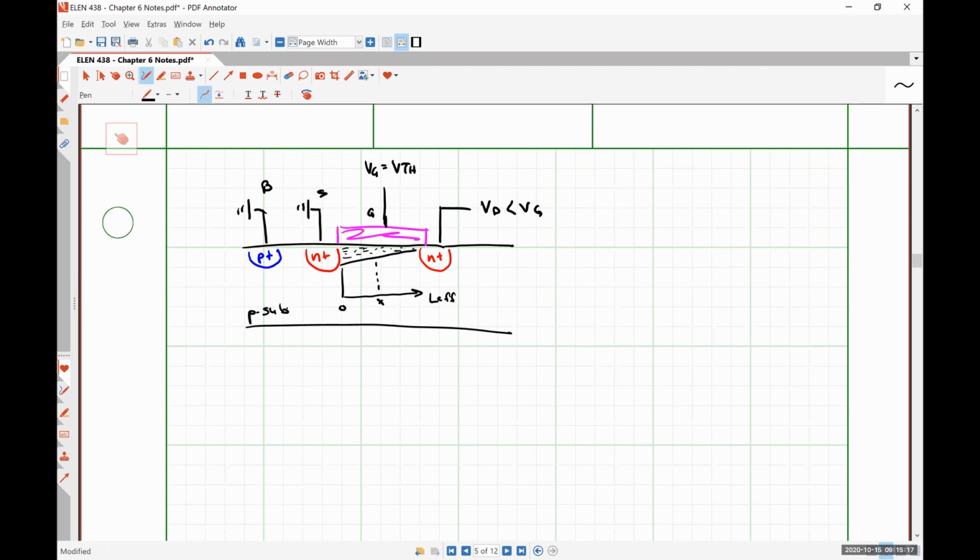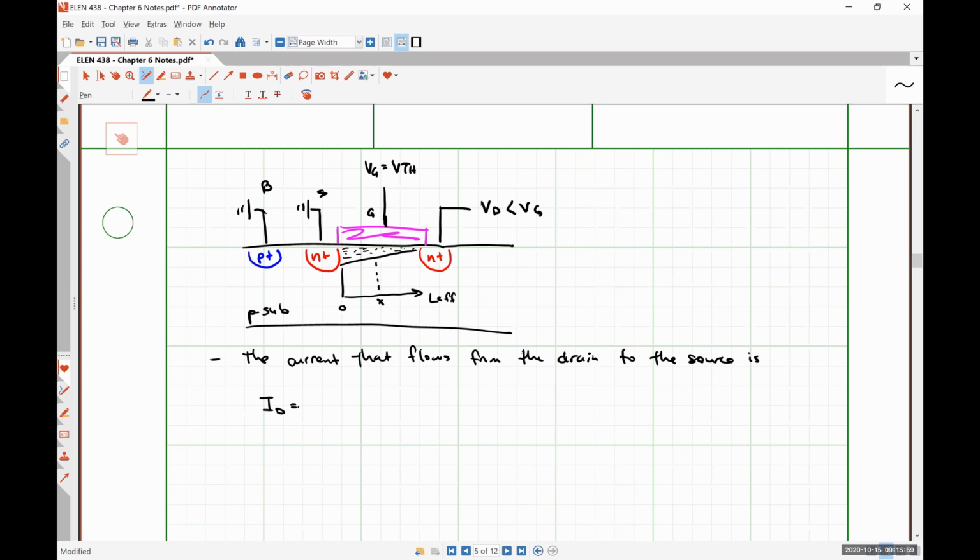So we get this non-uniform charge density, and we also have an electric field that's happening here, right? If there's a potential difference between the drain and the source, there's an electric field applied in the channel. And so we should observe that the current that flows from the drain to the source is